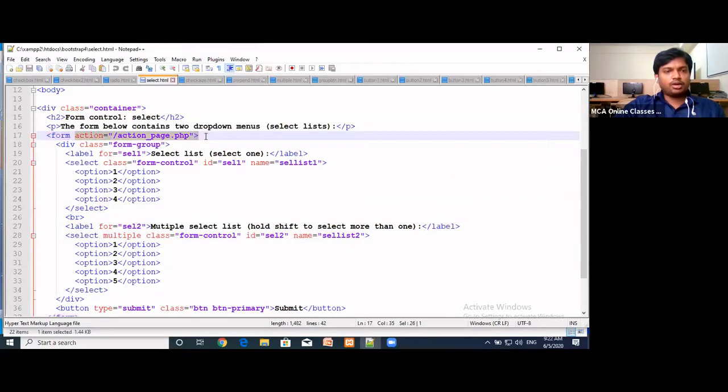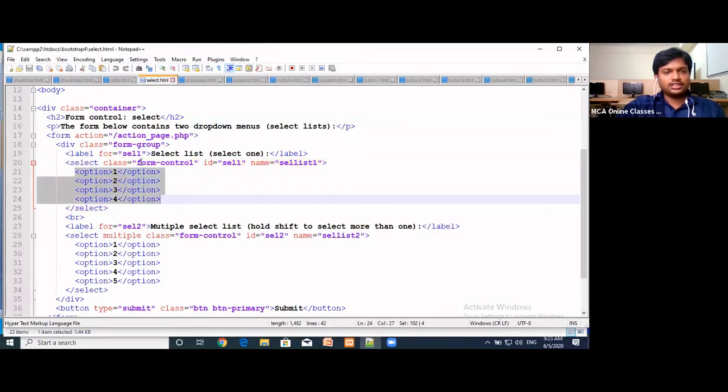What we have to do is just define one form tag, and upon action, wherever you want, you can link the web pages. Again, the division tag must contain the options. Here we can define the label, the label for selection 1, and again we have to use the select tag, and class includes form-control. The ID and name are the same.